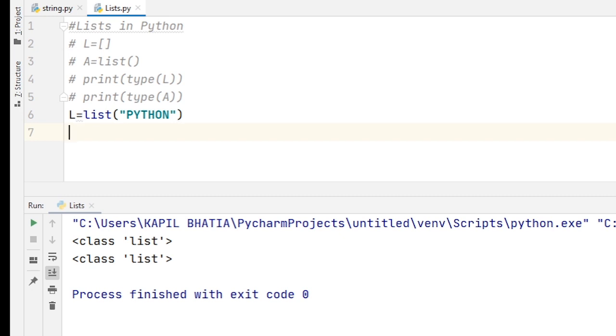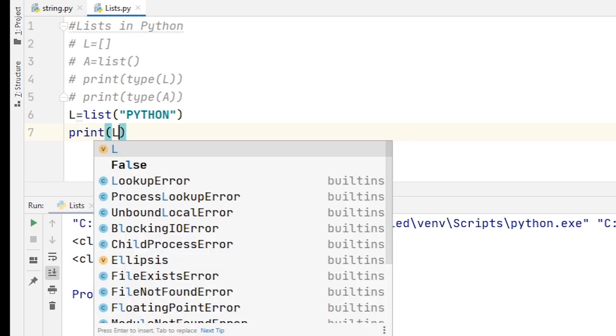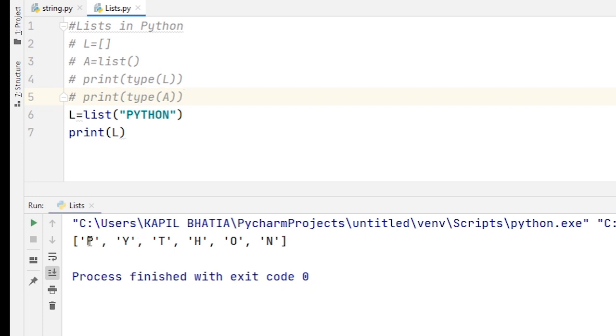If you want to print the items of the list, you will write this, and here you can see the items of the list. So I hope you understand how to create a list with a sequence of items.